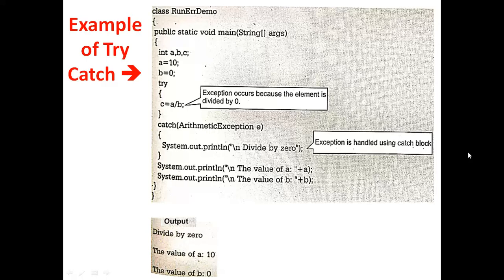Here, in that example, I have written the try catch block, and in the try block, as we have discussed earlier, the line which is creating an exception or throwing an exception is written. Therefore, we have written C is equal to A divided by B under the try block, which throws an exception. This exception is caught by the catch block, and the exception caught by the catch block is displayed by using